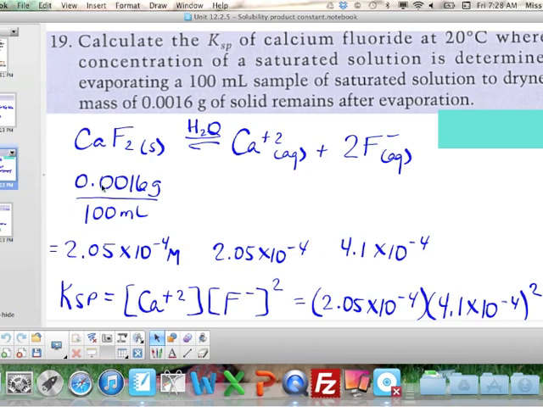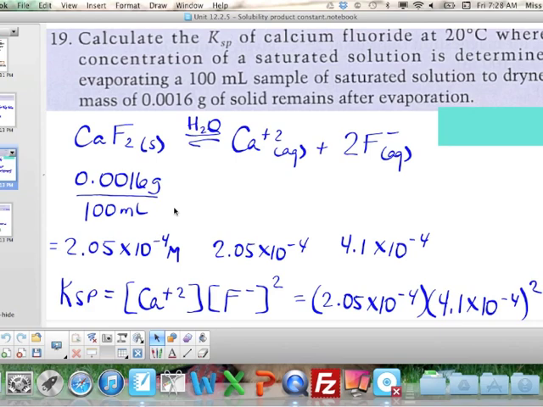So in this case, we had 0.0016 grams that were dissolved into 100 ml of solution. If we convert this into a molar concentration, I'll spare you the calculations, you know how to do this. We get 2.05 times 10 to the negative 4 mole per liter. Now, since the ratio is 1:2, at equilibrium, I would have the same molar concentration over here, but I'd have double over here, which means